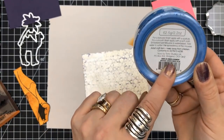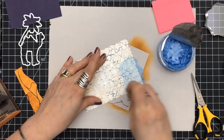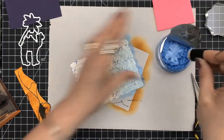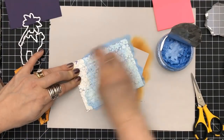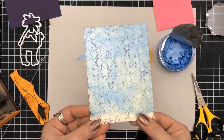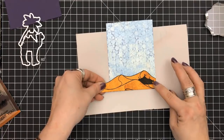Again, that color was off. So I grabbed another one of my mousses. This is Cornflower Blue, grabbing a sponge dauber, and I'm going to cover it. And you can do that with these because it's dry. It's not necessarily going to blend, but these are transparent when you use them this way. So I'm going to be able to get the depth of the blue going through that. So it's going to resemble